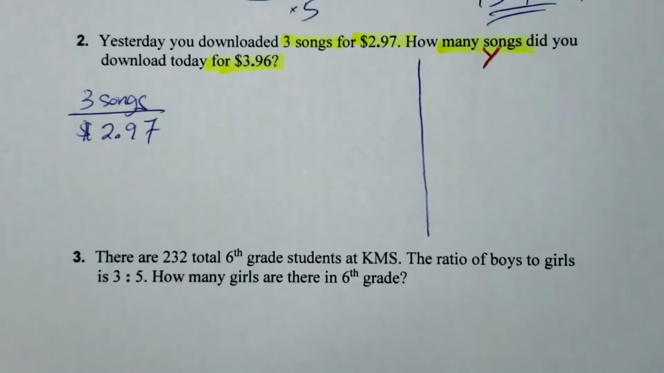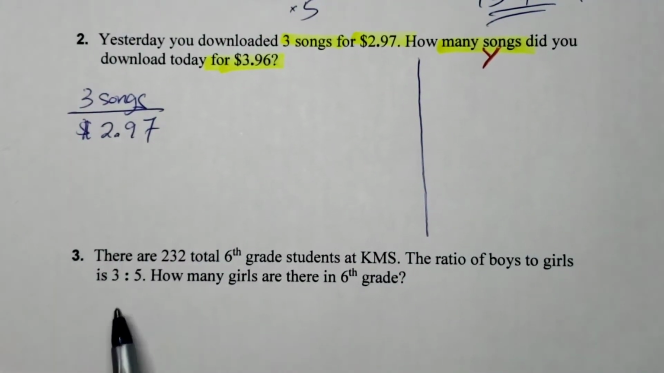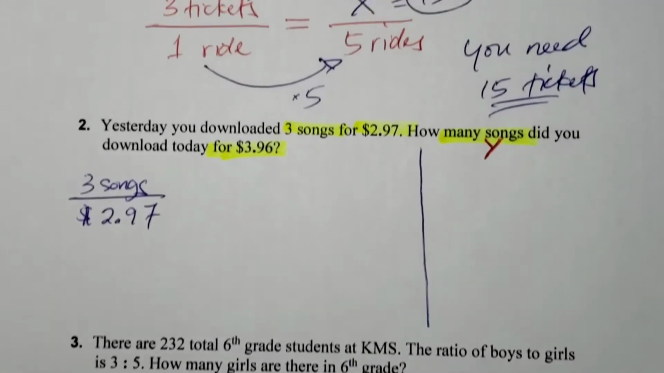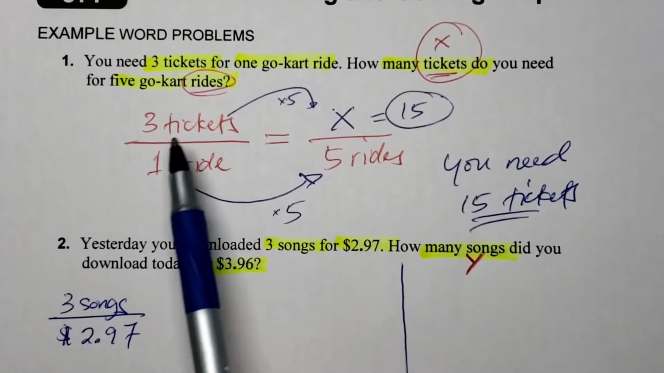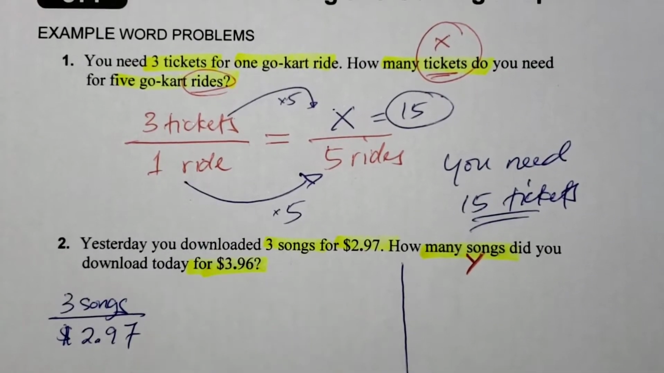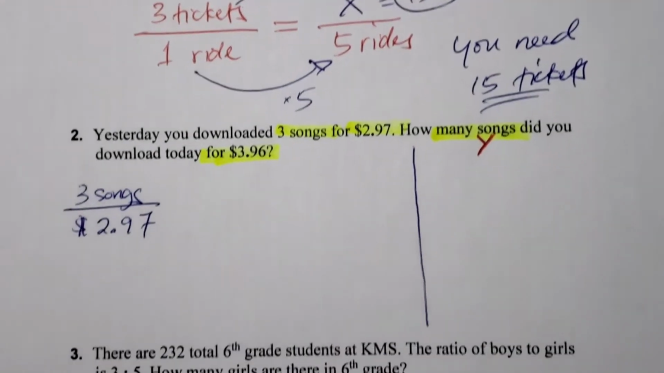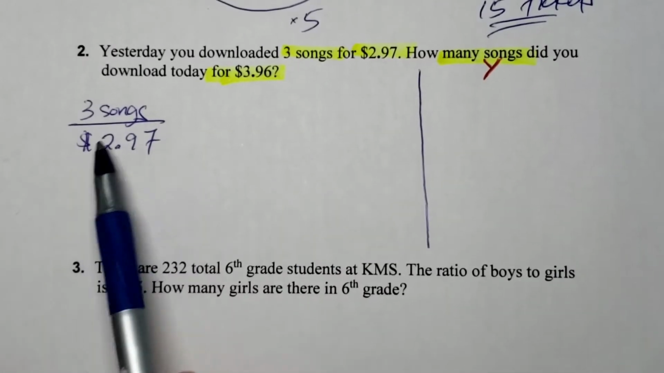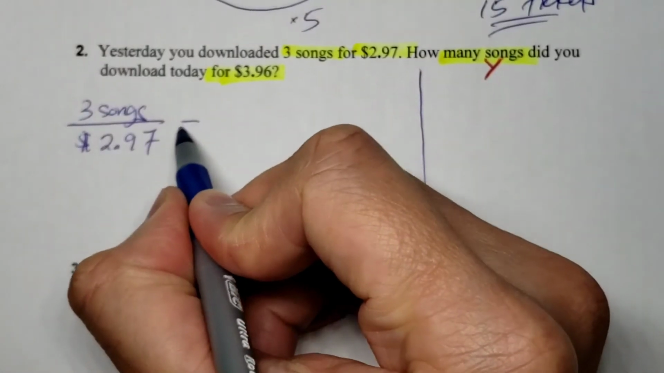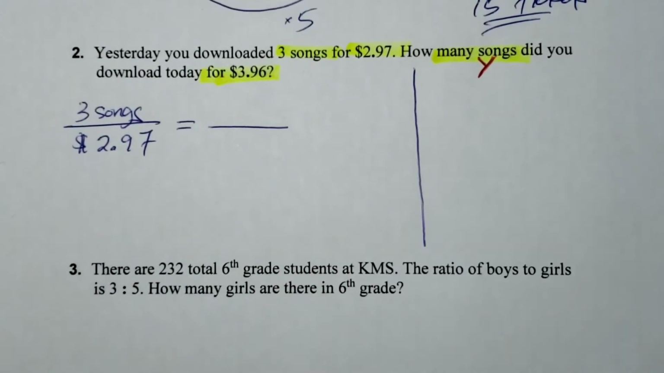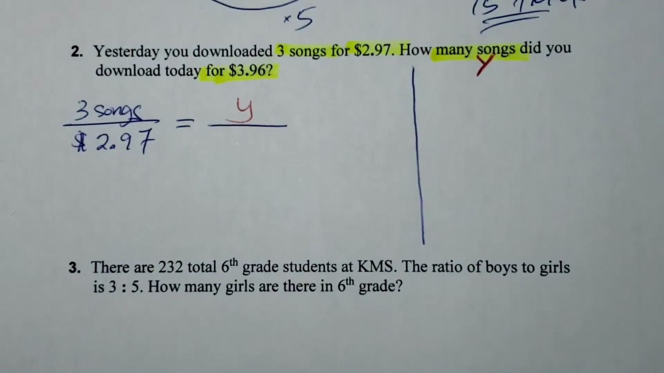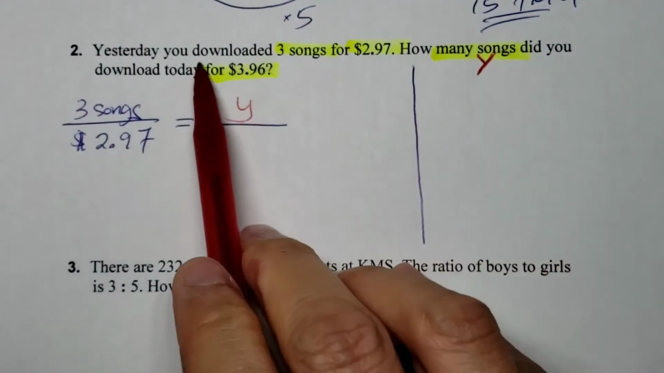$2.97. It's very important that you label your values, because if you just put 3 over $2.97, we don't know what those numbers mean, what those values mean. Just like in number 1, we labeled 3 with the tickets, we labeled 1 with the number of rides. Make sure you label your values. If not, it's wrong. Now, number 2, so 3 songs over $2.97. That would equal to how many songs? So songs is your numerator, so that will be Y songs, or Y, because we don't know how many songs you downloaded for